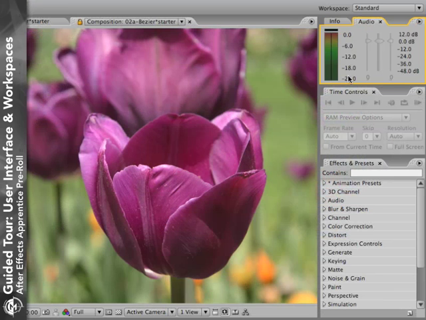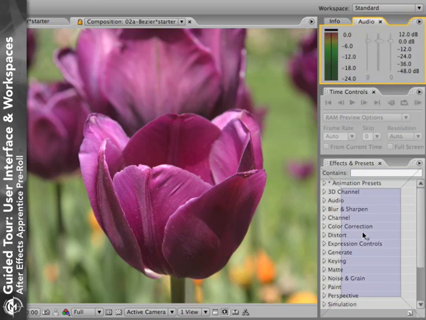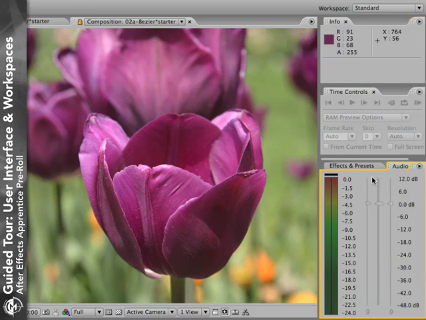For example, the audio panel likes to have a very tall frame to reside in so you can see these meters with more detail. To go ahead and move a panel to a different frame, look for these textured dots along their tops. Grab the textured dots and drag them down to another frame. If you appear in the middle of a frame, you'll get this highlighted area right in the center. That means by releasing it, it will now exist as a tab in the same frame as the other panels